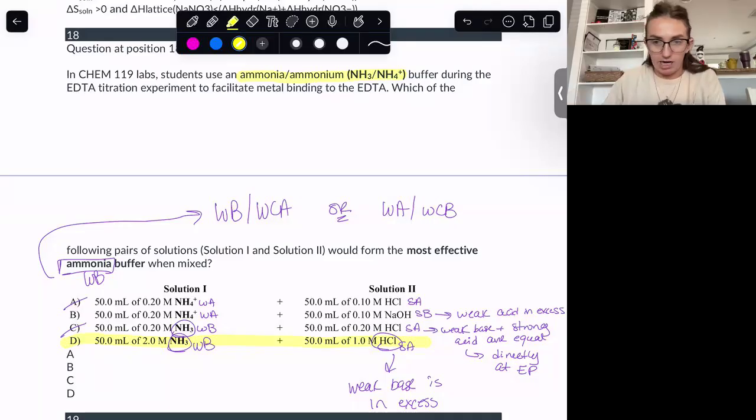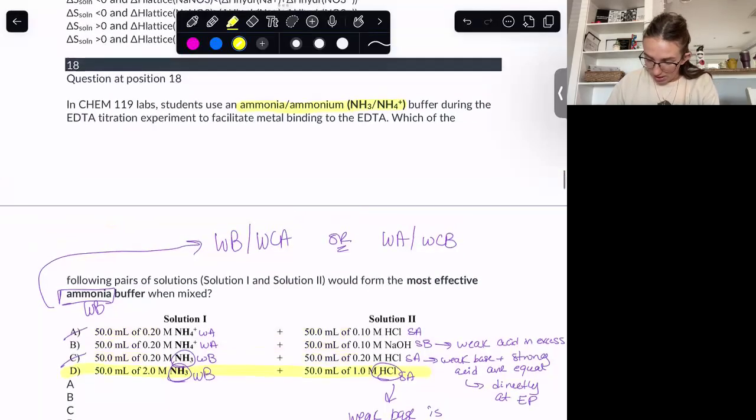One asked, could you show the reaction of how the NH3 first reacts with HCl and then forms a buffer? So,